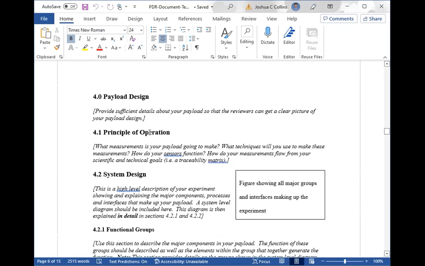Principle of operation. So this is, how is your payload roughly going to function? How do your sensors work? What's the physics or the engineering behind your sensor? You're not going and doing a system design or circuit diagrams in your principle of operation. You're talking about how your payload is going to work, and in general, how those aspects of your payload